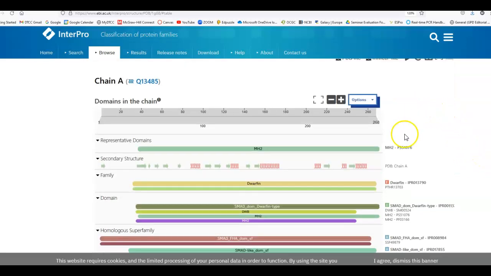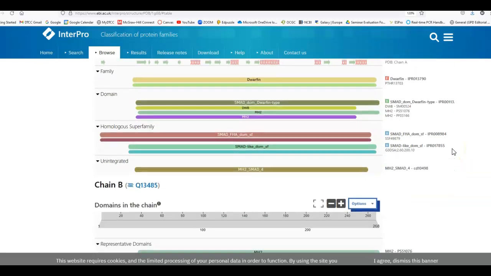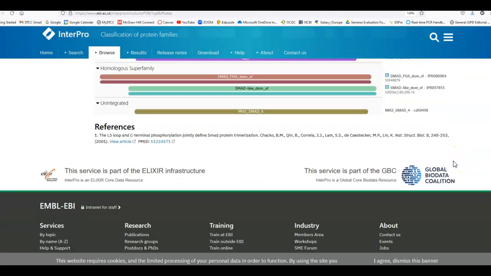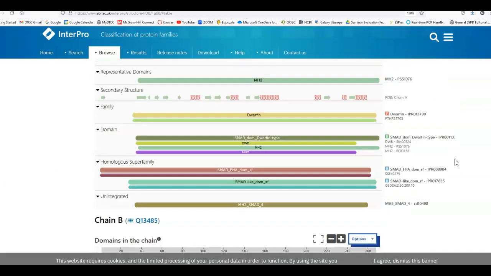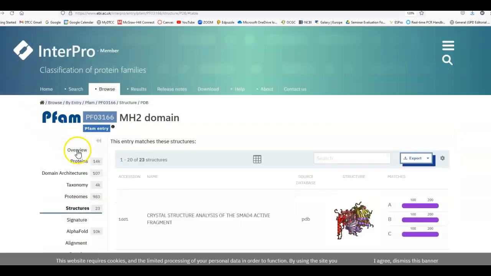And again, like before, it has all of the same associations of domain, which is nice, and all the different chains. So this is a really nice piece here because it shows you all the chains of the domain itself. And so if we go back again to the overview,